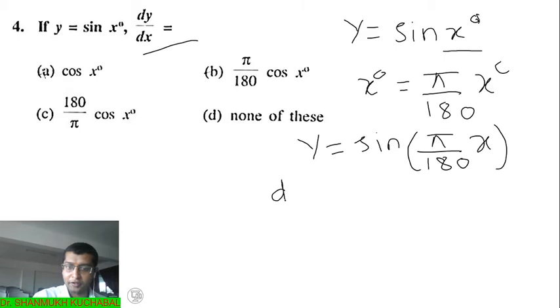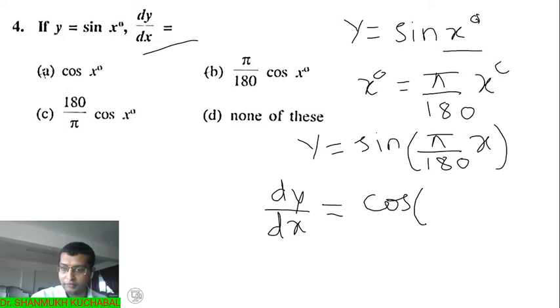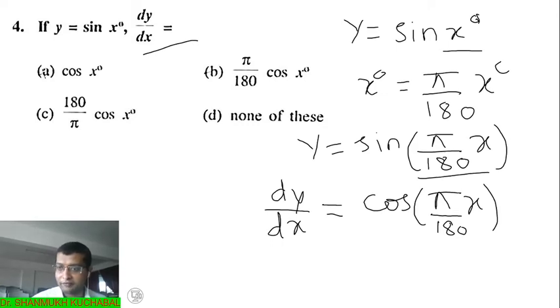So differentiate y with respect to x. y is the dependent variable, x is the independent variable. So sine differentiation is cos of pi by 180 into x. So further, inside there is a function pi divided by 180 into x, we have to find the differentiation for that. x differentiation is 1, so the constant as it is, pi divided by 180. Therefore here option B is the right answer.